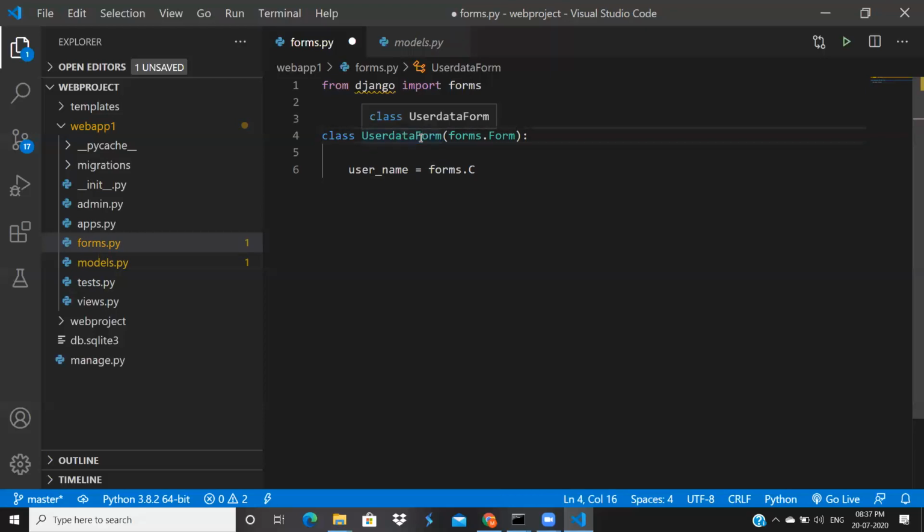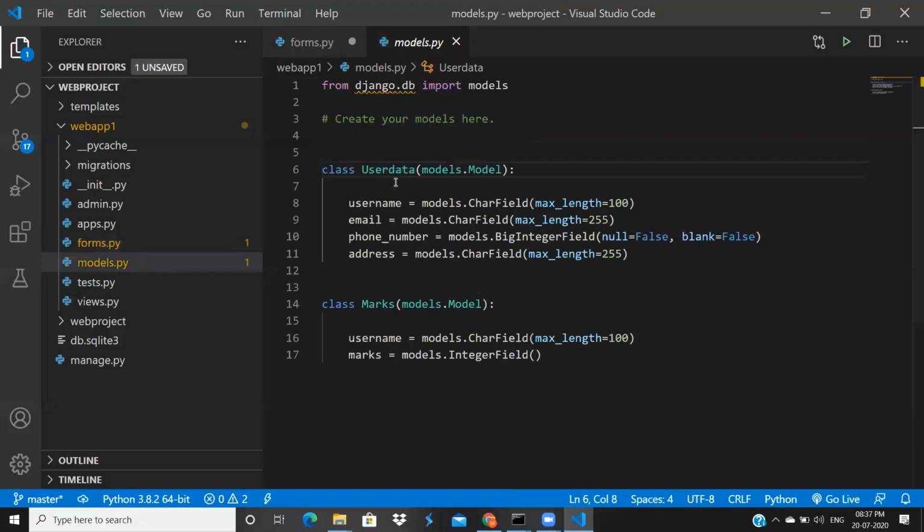Suppose I want to create a form where I want to take user data. Here I created one table for storing user data. Now I have to collect user data from the user, then only can we call it an application, right? We don't run select or create queries in MySQL. Everything should be done programmatically, like how we use a web application. In that way we have to deal.